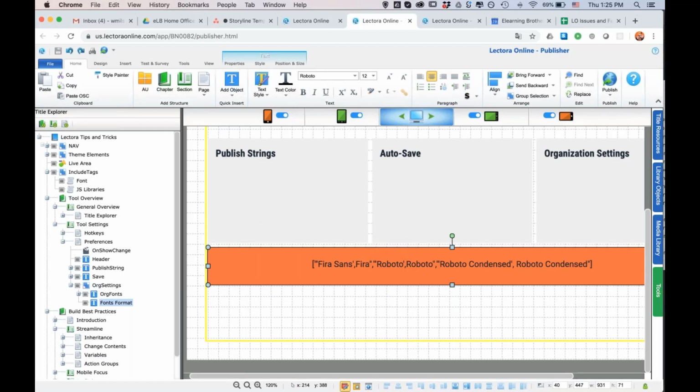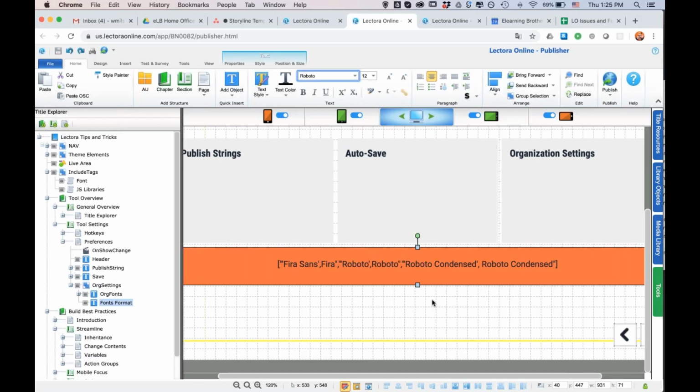Between those three preferences and a general understanding about how organization works in Lectora, you can really streamline the courses that you build and save yourself a fair bit of time just there. Okay, but we're going to go ahead and hop in to look at